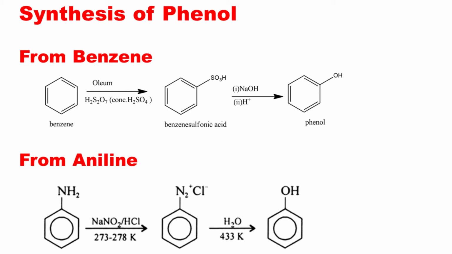So benzene, when it is sulfonated with oleum, you get benzene sulfonic acid. The benzene sulfonic acid can be fused with sodium hydroxide. It will give you sodium phenoxide, and sodium phenoxide can be converted into phenol using H+. This is much simpler. The next synthesis is also simple, using diazonium salt. We will be seeing diazonium salt much more in detail in our amines chapter. Now when you convert aniline to diazonium chloride, benzene diazonium chloride, and treat it with warm water, you get the corresponding compound phenol. That's much simpler.